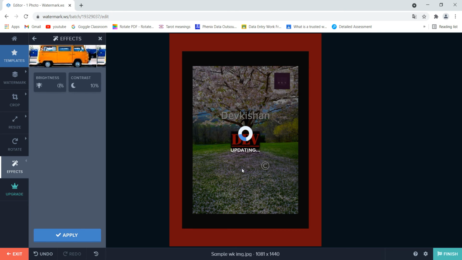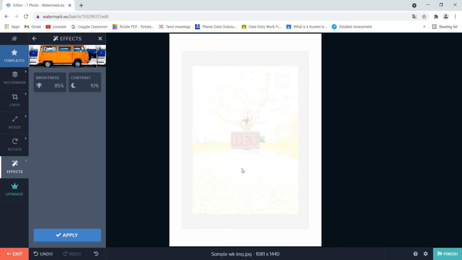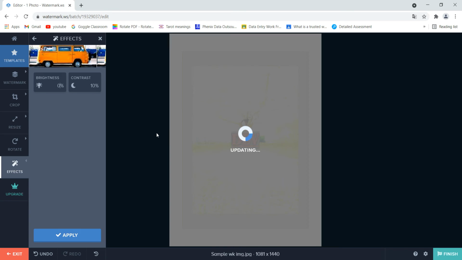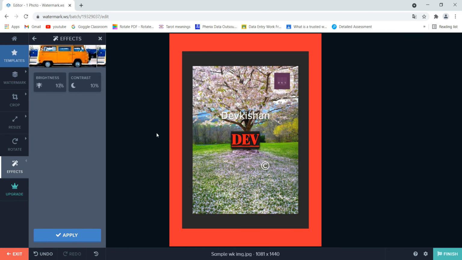One second, not 86, 85%. In 85% you cannot see anything. See, you can barely see anything. So 10 is the best brightness to keep. Now in contrast,